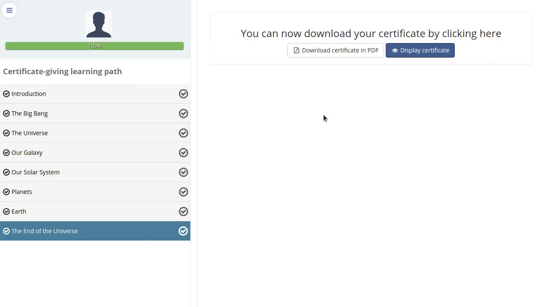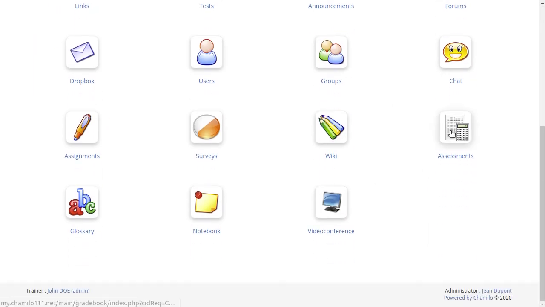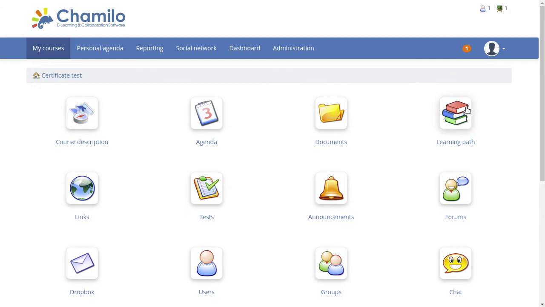Okay, so this is how you do it. So there are two ways. One is to generate a simple assessment item or series of assessment items and then ask the students to enter the assessment tool, and that will generate their certificate. In this case, they have a button on the right that says display certificate, and they can download it here too in PDF. Or I put this item as a last item of the learning path, and in this case